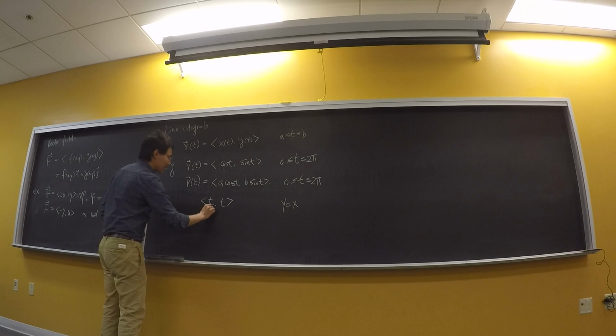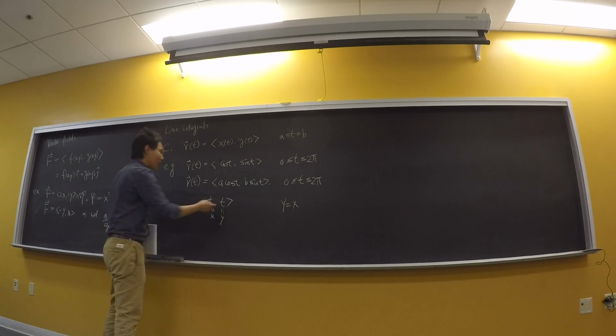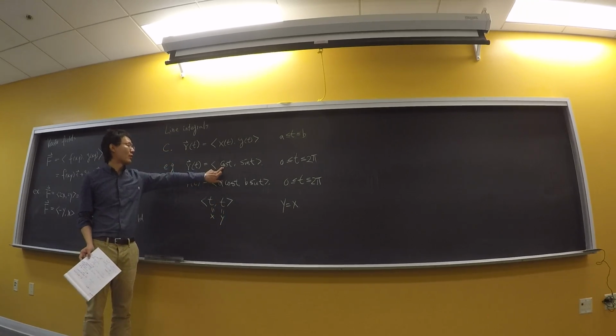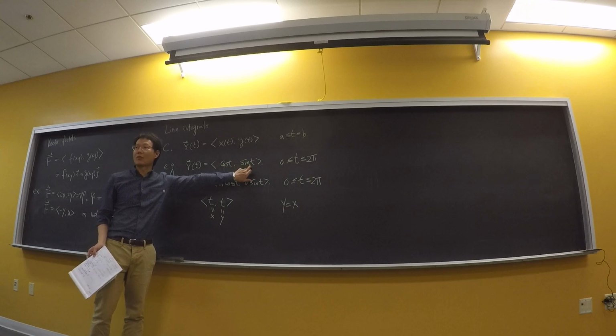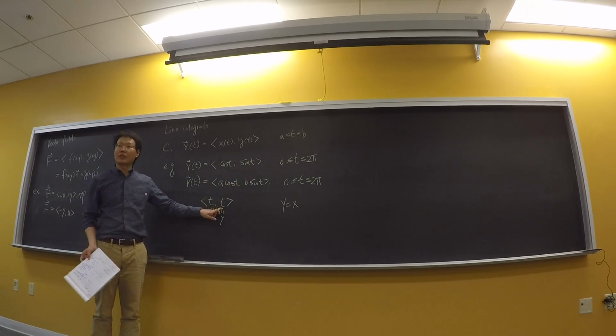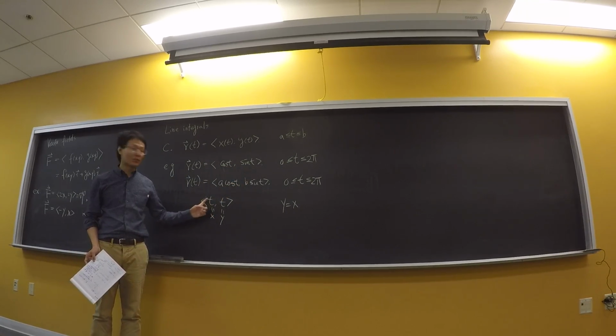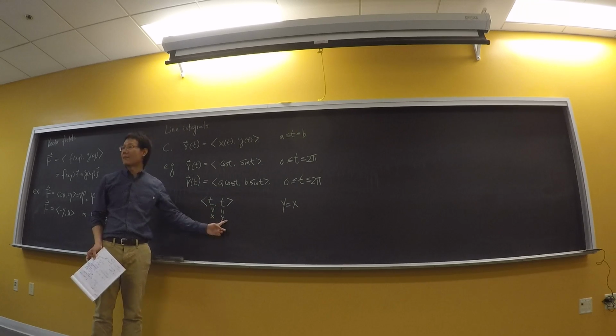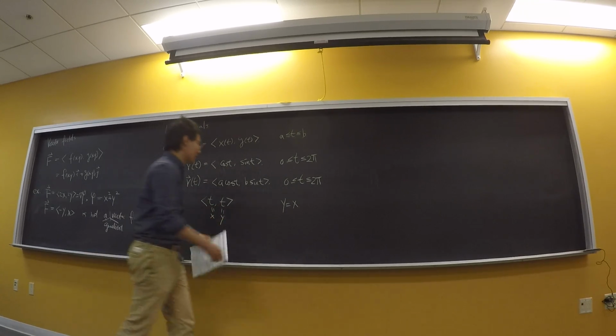I can eliminate this parameter easily. Eliminating these kinds of parameters, I use x squared plus y squared is equal to 1. Eliminating this parameter is even easier. I have x equals t, y equals t, so x has to be equal to y. All right? So more generally, if I have